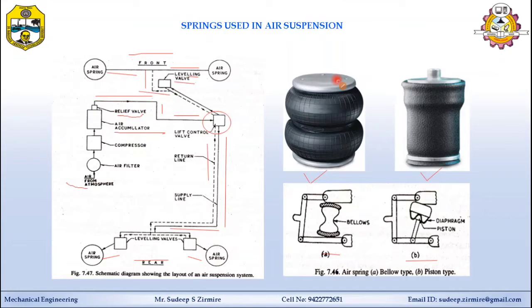Third one is improved standard of ride comfort, and noise reduction is also attained. Means no noise and ride comfort is more, we can say 3 times more comfort when compared to other suspension systems, in the air suspension system. So here you can see the first one is the bellows type spring, having the bellows shape, which is generally circular in section. Bellows have two convolution type shapes here.